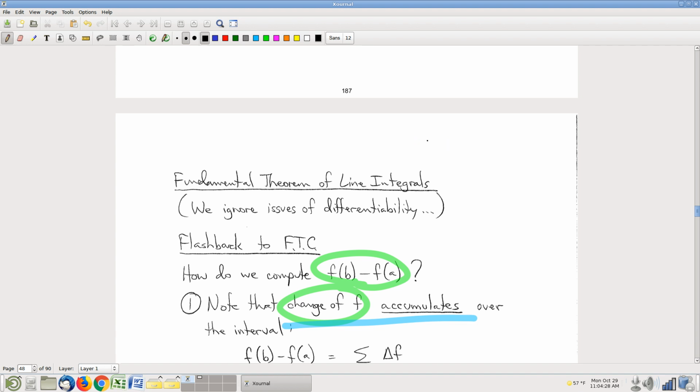Here's a counterexample. Centroid does not accumulate. The centroid of that interval is simply not the sum of the centroids of all of these little pieces. If I take all of these values that are the centroids of those little pieces and add them up, it's going to be some enormous number. It's certainly not going to be the centroid of the piece. So centroids do not accumulate on intervals. Mass does accumulate on an interval. Everybody see the difference? Okay, so this is a really important feature for a quantity of interest to possibly have,